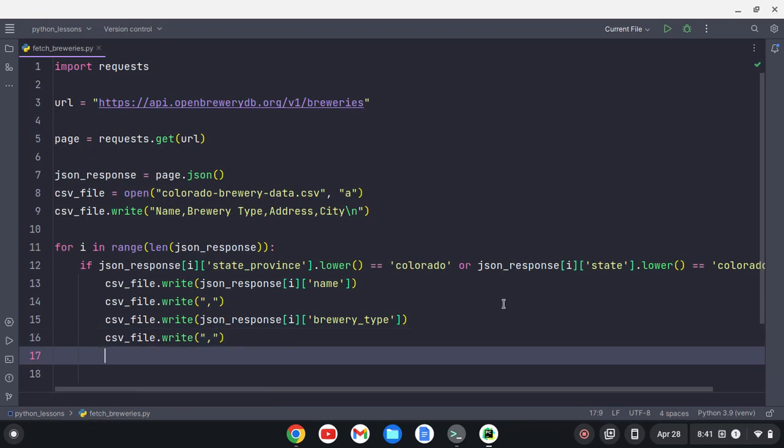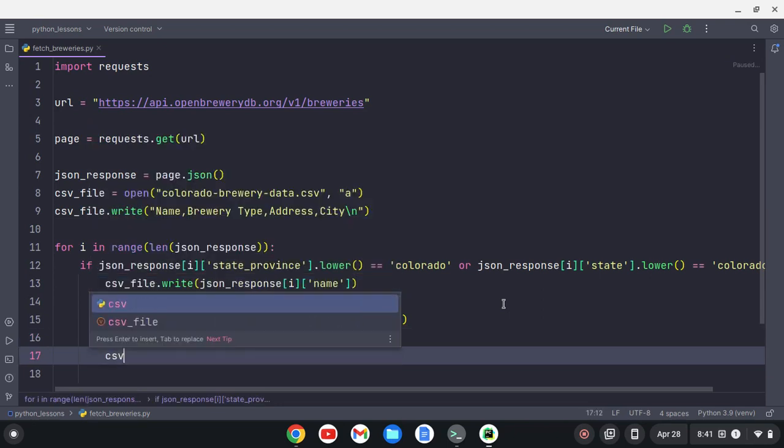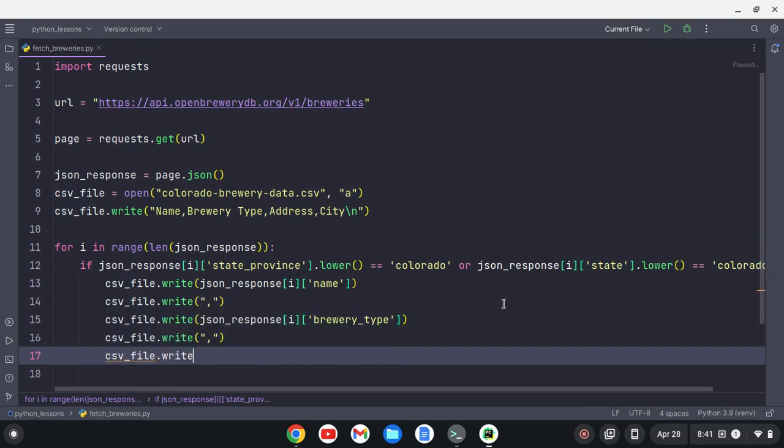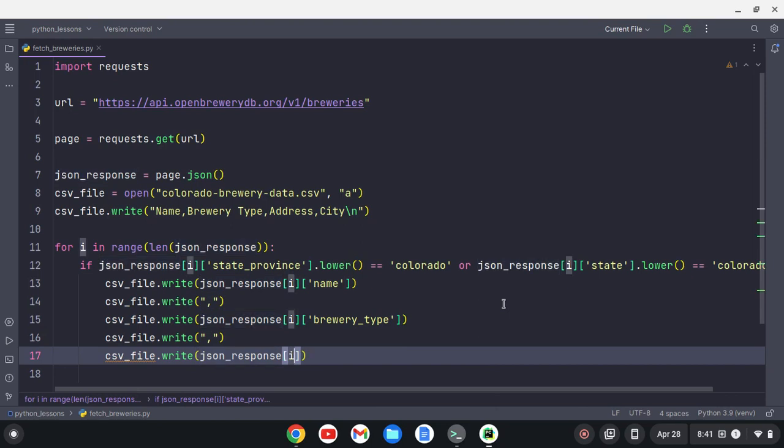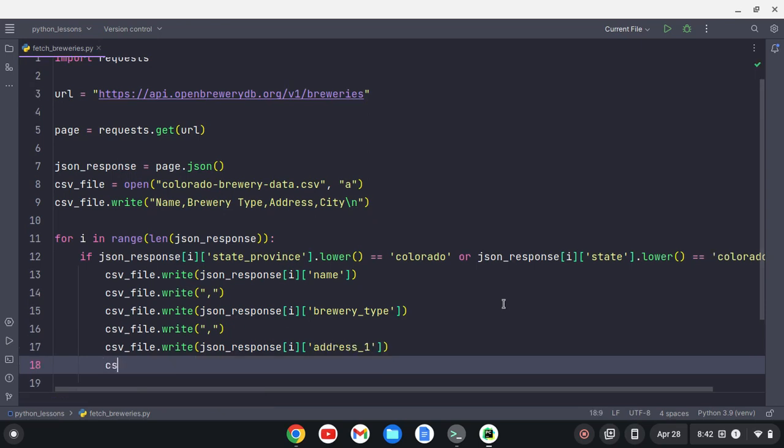Next up, I want the address, so I'm going to do csv_file.write JSON response at index i. We'll do the key address_1. Okay, we need to write another comma, so I'm going to do csv_file.write, do a comma,